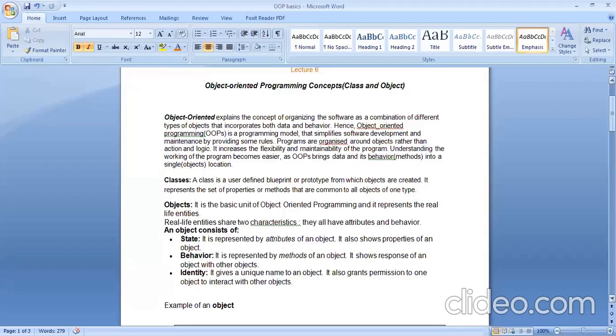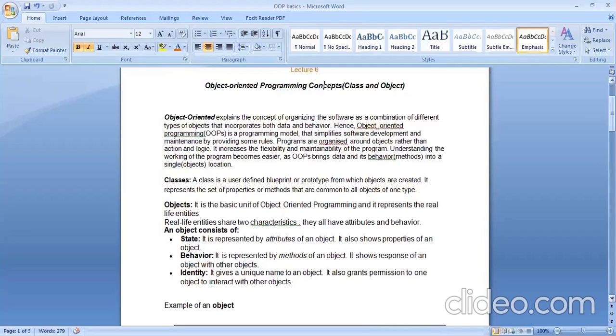So object-oriented programming will break a problem into parts, and we call those parts objects. Objects have properties that describe the object, and some behavior. Objects are real-world entities; they have physical existence.